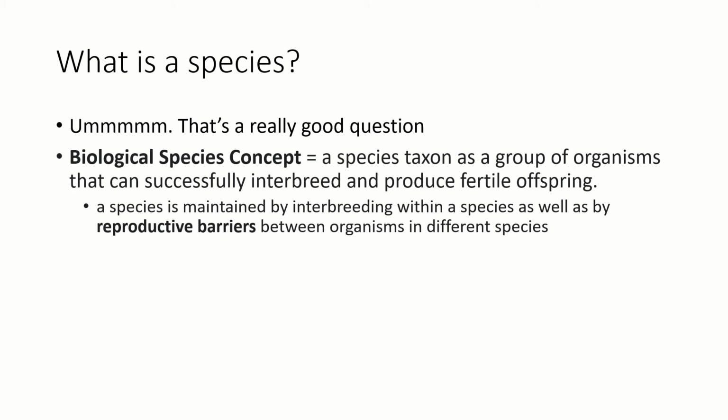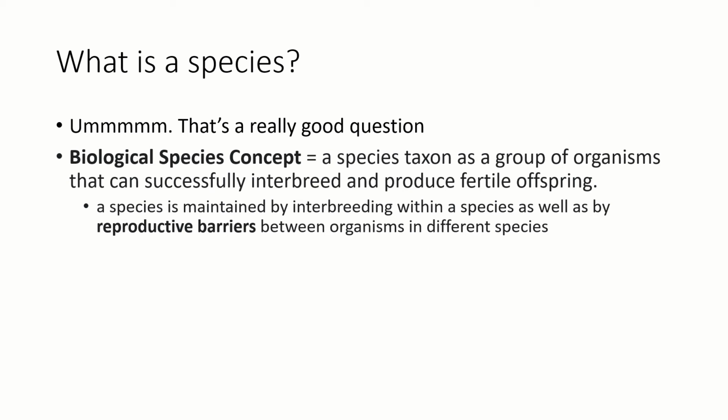So essentially, two individuals are the same species if they can interbreed and produce fertile offspring, and can't interbreed and produce fertile offspring with a different group. This sounds really simple, right? There are, of course, some problems with it. One, it doesn't apply well at the individual level because an individual could be sterile, whereas the organism is not sterile as a whole.